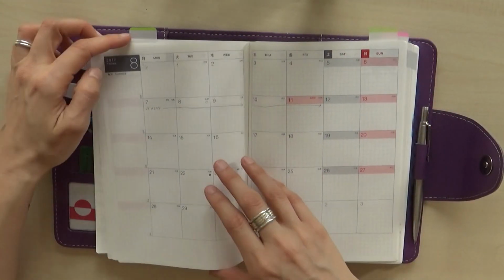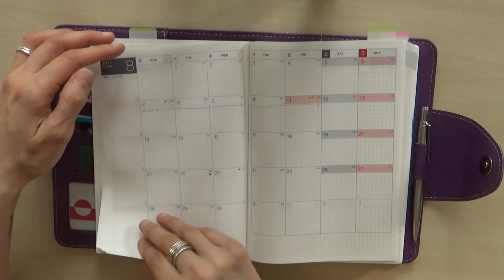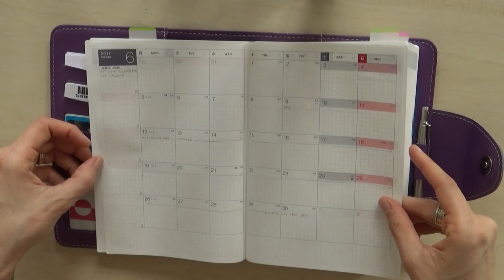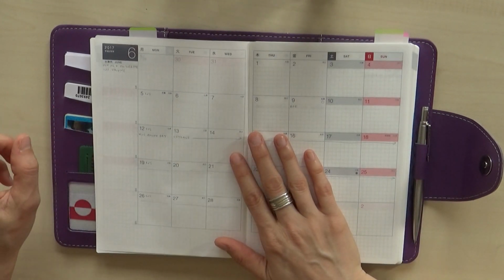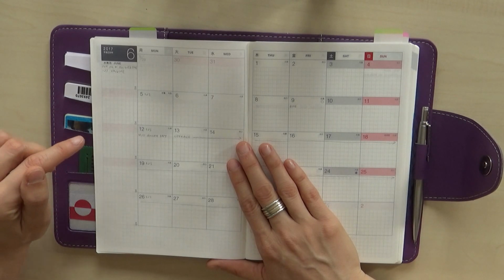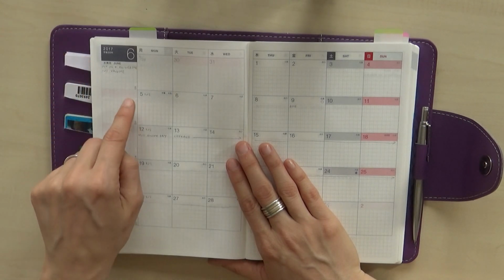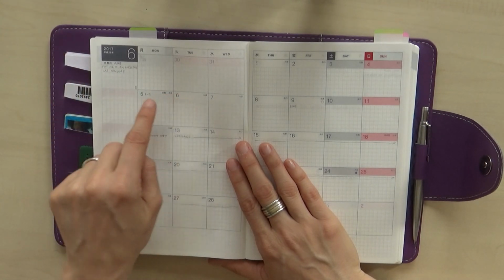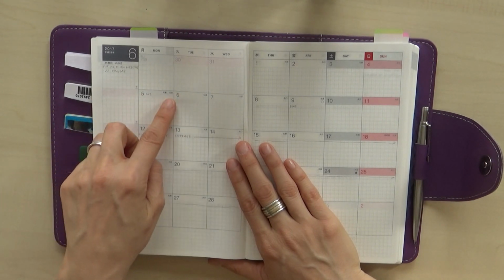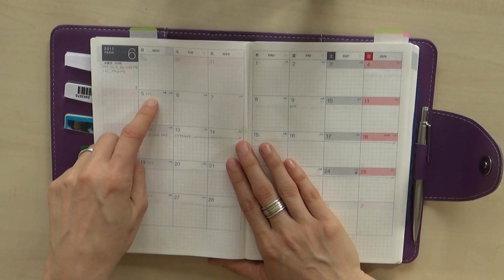The other thing that I do with the monthly spread is I label particular research projects that I want to be working on in that month. So I've done this with the little empty box that you have next to the date in the monthly spread in the Hobonichi. So you see here it says the 5th, and then I've written in, this is just an